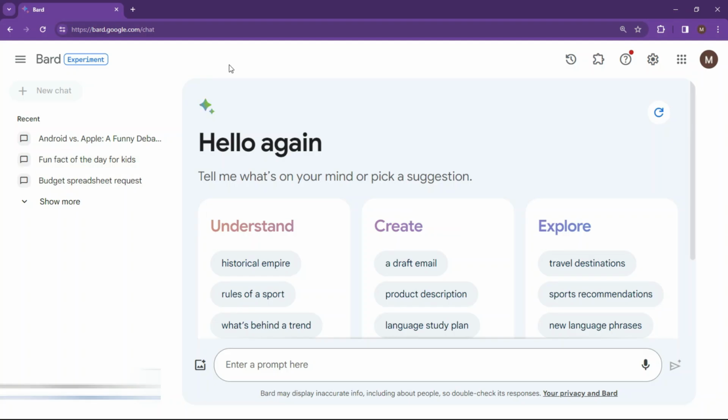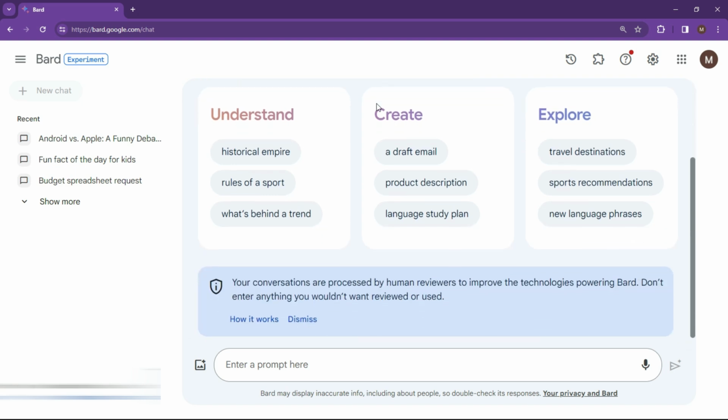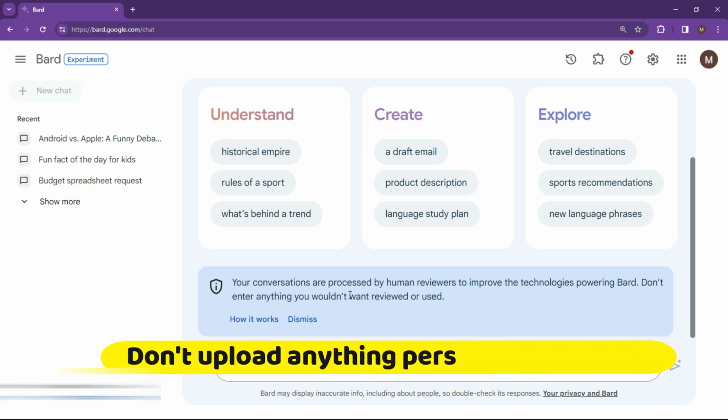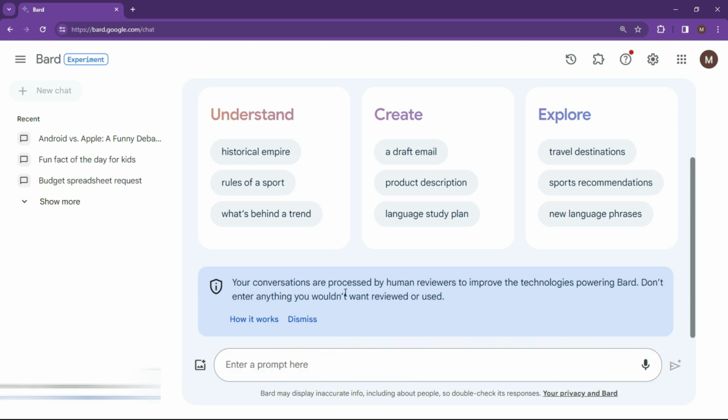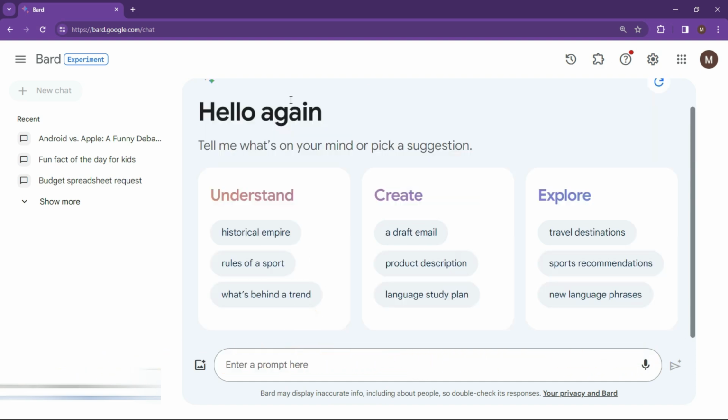Once you've logged into Bard, you're going to be given an interface very similar to this. It is under experimentation, so this view may change in the future, but really simple interface. It's giving you a bit of a warning here. It is processed by humans, so don't enter any information. So don't enter your credit card details, personal information, anything like that, or anything that you wouldn't want anybody to review ultimately. So you can just click on Dismiss, and this is the interface where you can now start typing